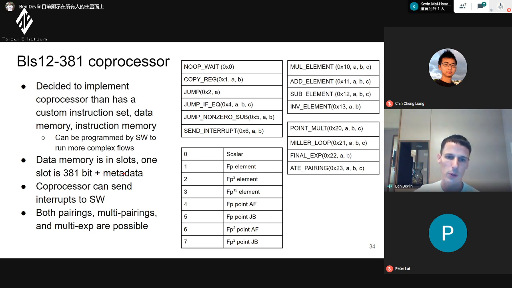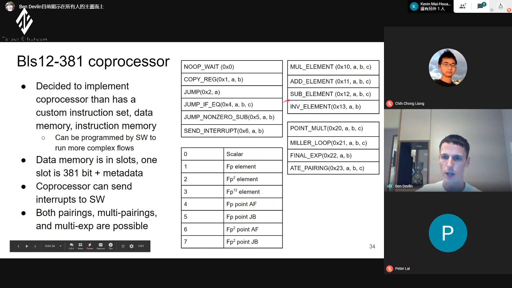This metadata is used just to identify what kind of data is stored at this location. So we have a single FP element, but it can actually be part of an FP12, or AF is fine. So this is our X and Y. JB is the Jacobian projective coordinates, X, Y, and Z.